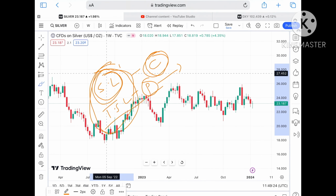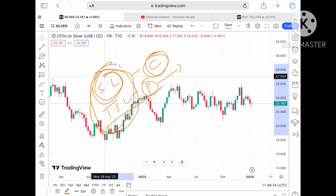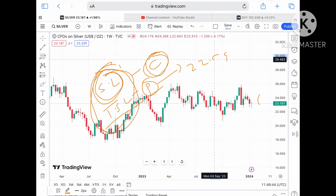Suppose the price sustains this level, and if you are following this, it will get into your habit, and then you will not be waiting in the losses. Okay, if you are not waiting in the losses, then you can make money in the market. Okay, suppose the price doesn't sustain, we can see it can fall further down, and it can come towards its next support of